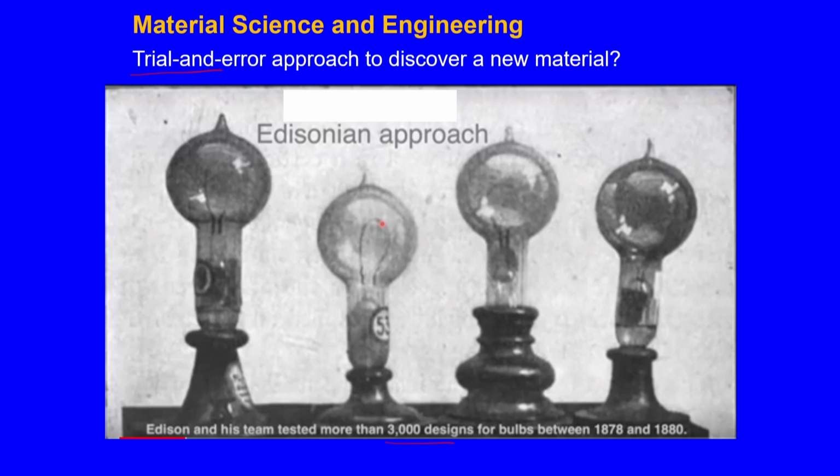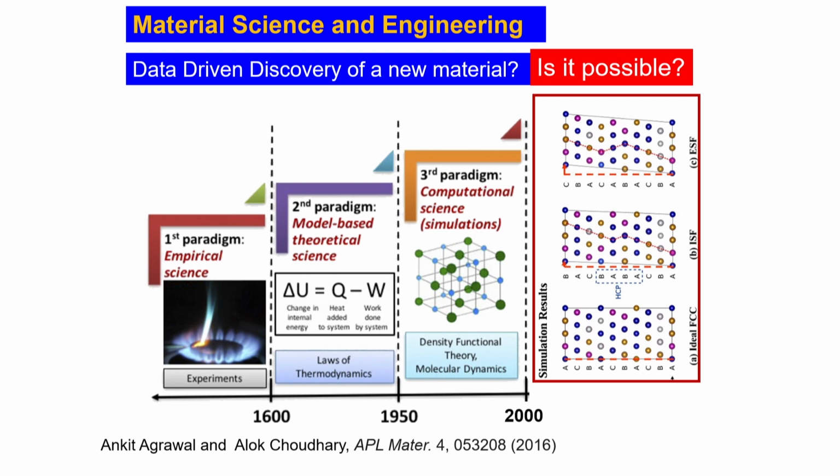So, what do you understand? One is intuition based, the other one is you have to be lucky to have an accident, a good accident, to discover a material, and the third one is trial and error, which people like me or you normally use, right. But that is not the end of it. Can I use data to discover new materials? Is it possible? So, let us talk a little bit about that.